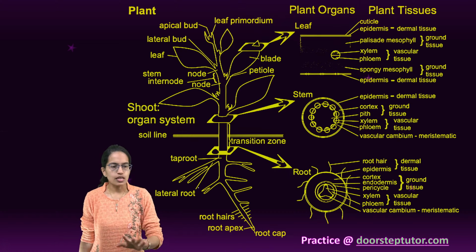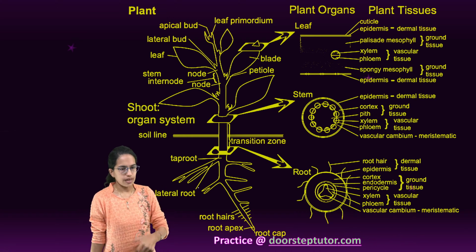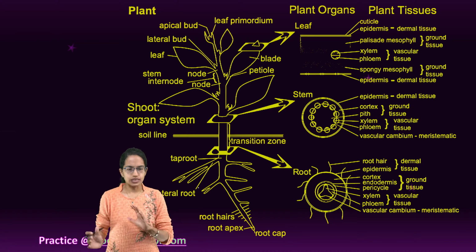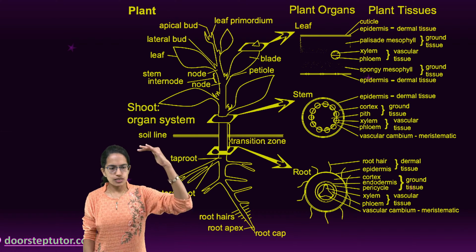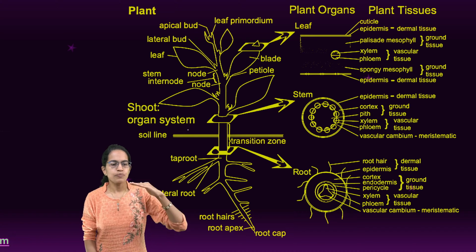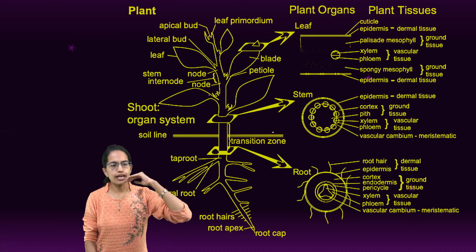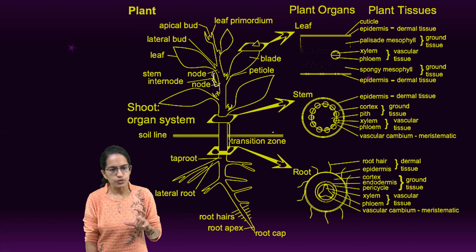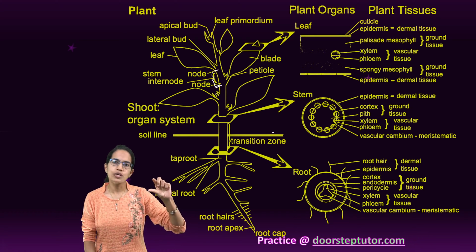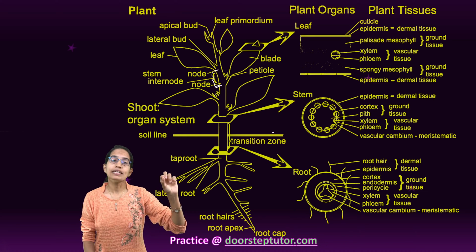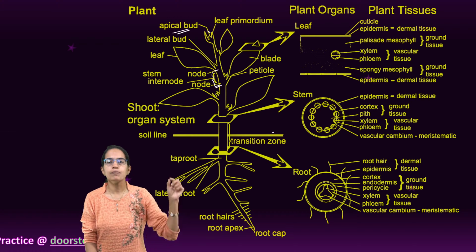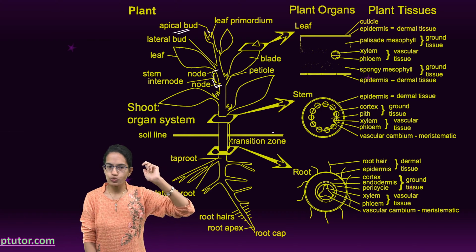So this is a basic understanding of the plant tissue. Now here what we have done is taken a quick section to understand. So this is a plant. We have the roots. This is the soil line and the shoot section. Now this is the internode area, the area between the two nodes, and this is where the internodal meristematic tissues are present. Here is the apical bud, and this is the point where apical meristematic tissues would be present.